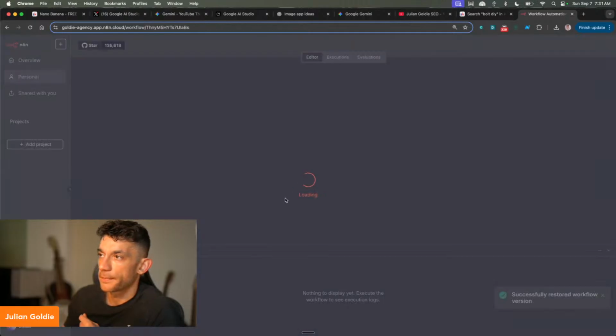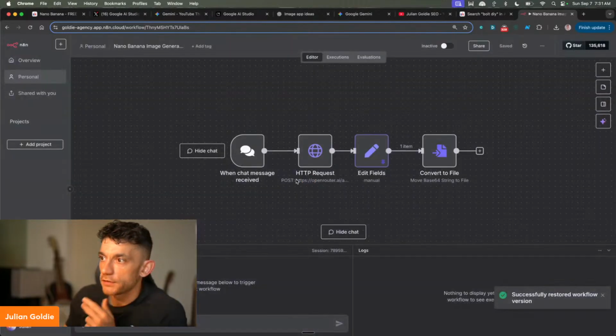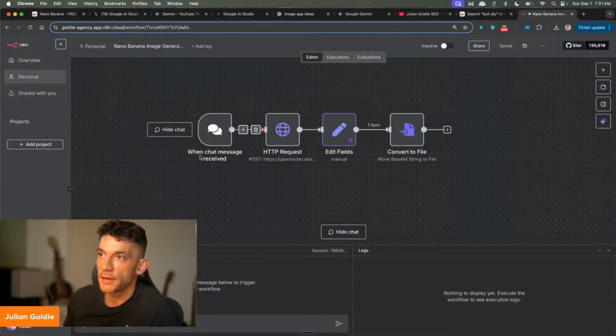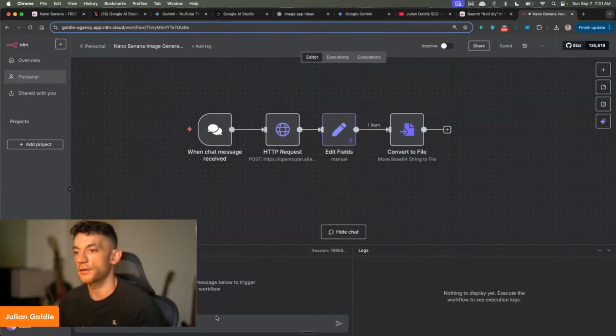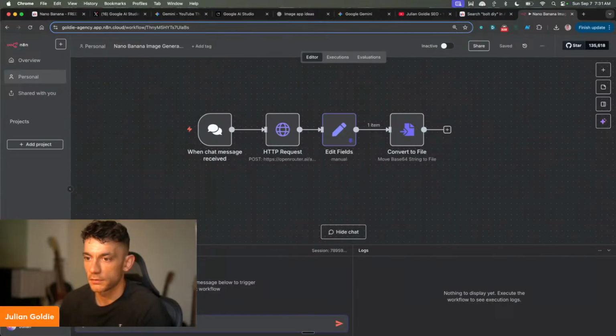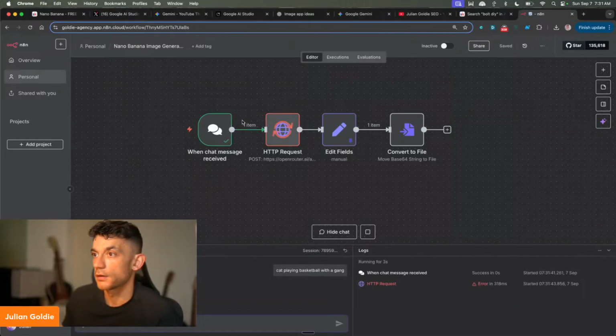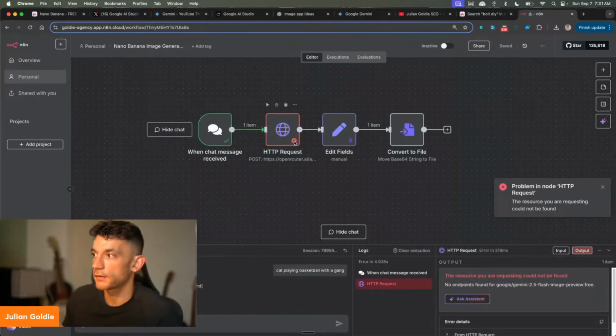So let's go back here inside the chat. And then you can see here, basically when a chat message is received, that's going to send the content to OpenRouter, and then we're going to convert that to a file. So if we type in here, okay, cat playing basketball with a gang, and then you can see here,